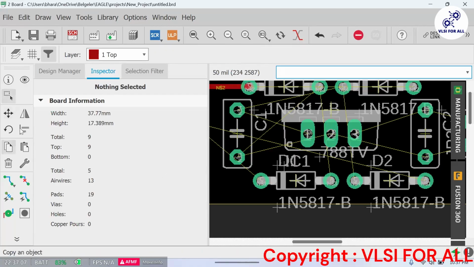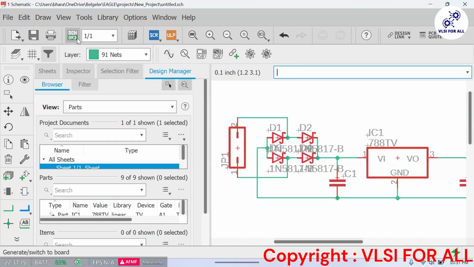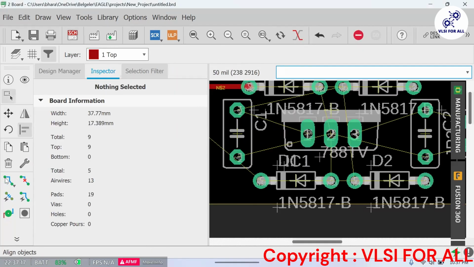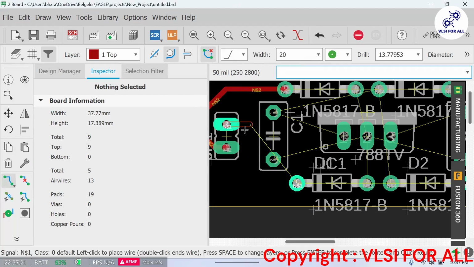Okay, now I can flip this guy. What I can do here is take this guy from here and bring it around to this level.